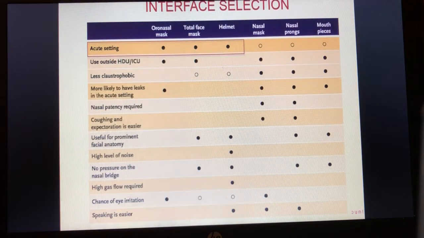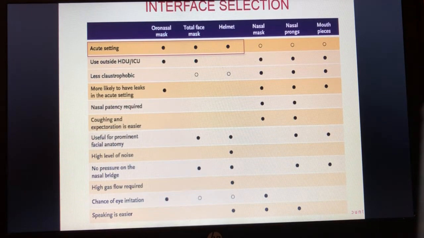If we look at the beneficial properties of various interfaces, on the top row there are the 6 different types of interfaces: oronasal mask, total face mask, helmet, nasal mask or nasal prongs, and mouthpieces. On the left hand column is the property, and a dark black dot represents the ideal choice or the ideal property. A clear circle represents second choice, and an absence of any dot shows that this is not applicable to this particular